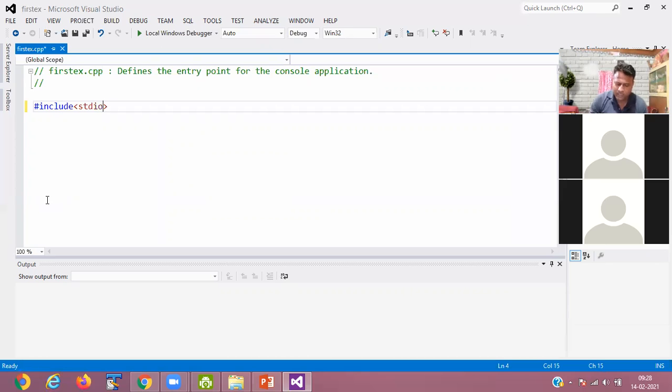As include stdio.h. Then we have to write a main method, void main. Now suppose I want to display only a number. Now for defining a number,